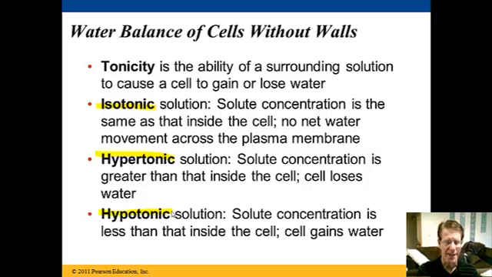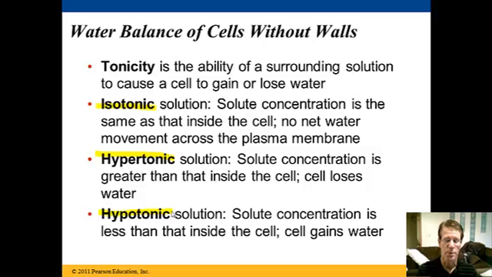If that bag is hypertonic, in other words, the solute concentration is greater, then you're going to find that the water in your cells is going to start leaving your cells in an effort to balance out that concentration. Your cells are going to shrivel up, they're going to shrink,